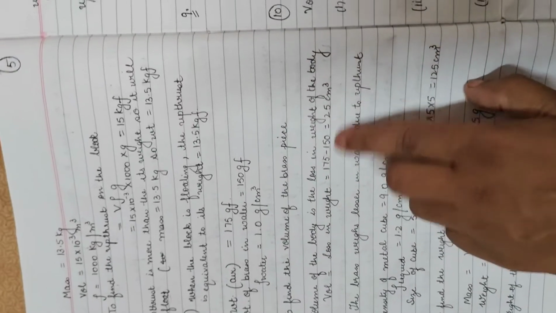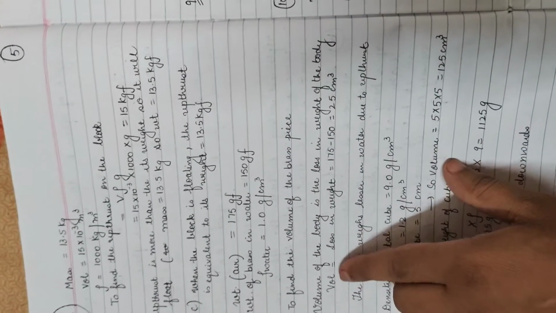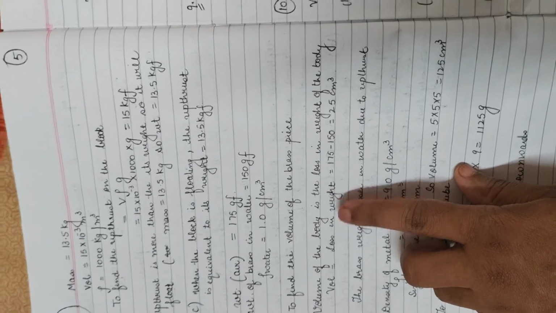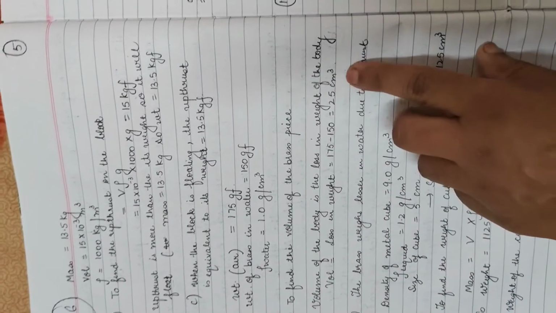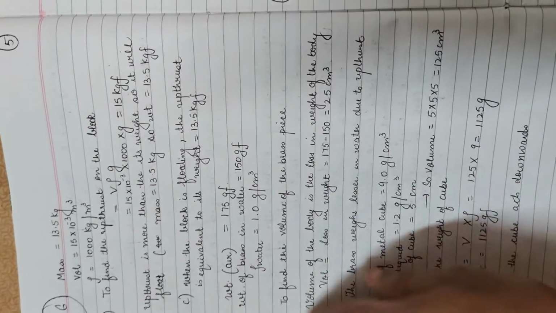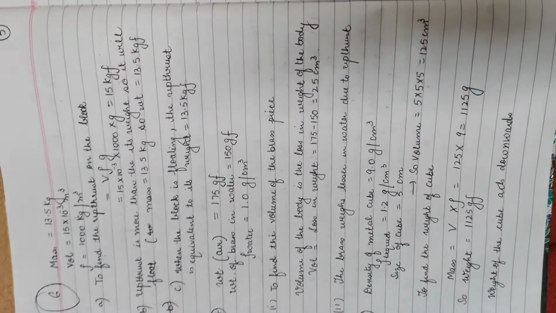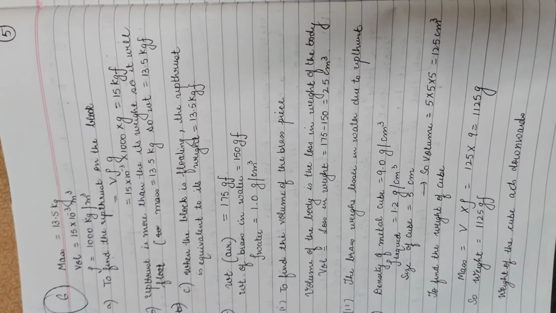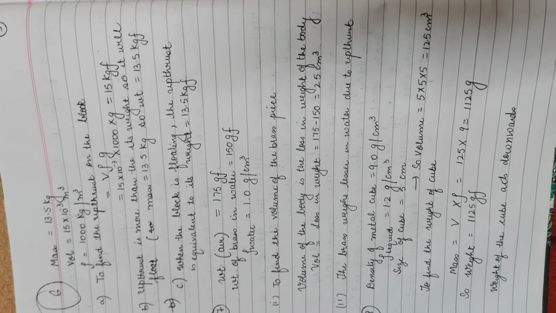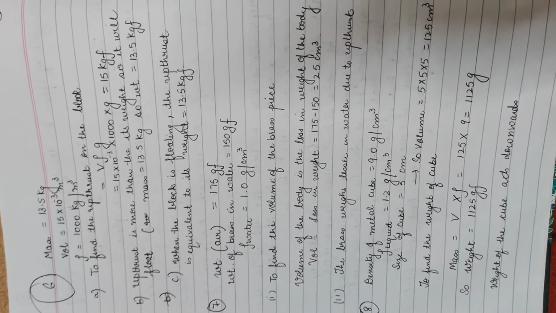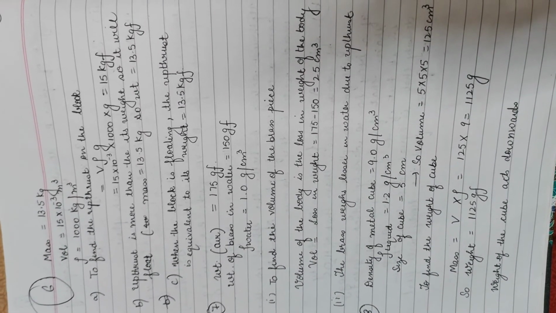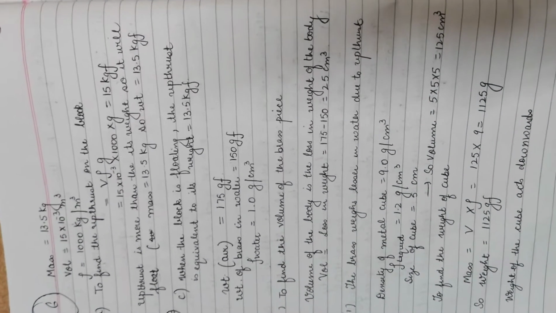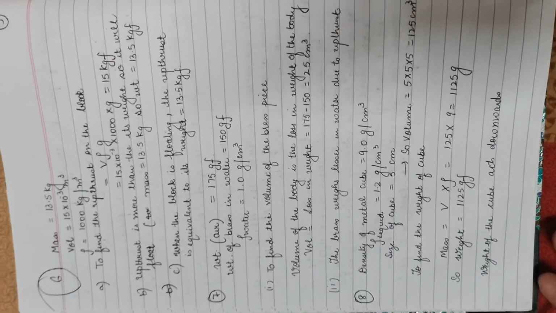We have already done this, that volume is equal to loss in weight. So just putting down the formula, we are getting the value. This we have discussed when we discussed the upthrust part. So the next we have is 25 centimeter cube. Then they are asking, why does the brass piece weigh less in water? Very simple, that is because of the upthrust acting on the body.